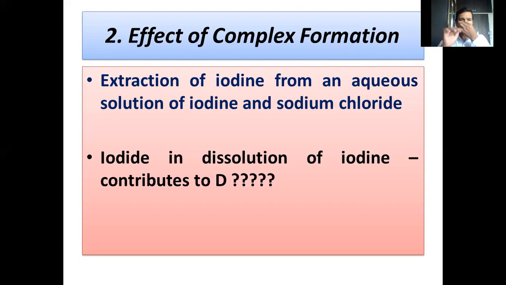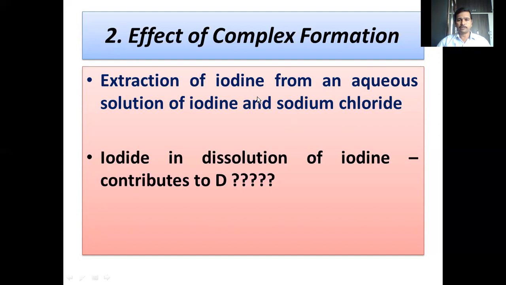Complex formation means if you assume you are taking a solute and you are going to extract that into the organic phase, and the solute has the ability to form a complex with a reagent or a solvent or something else present in the aqueous solution, then how does it influence the value of D? How does it influence the extraction efficiency? This is very important to understand. Okay. Let me consider an example here.